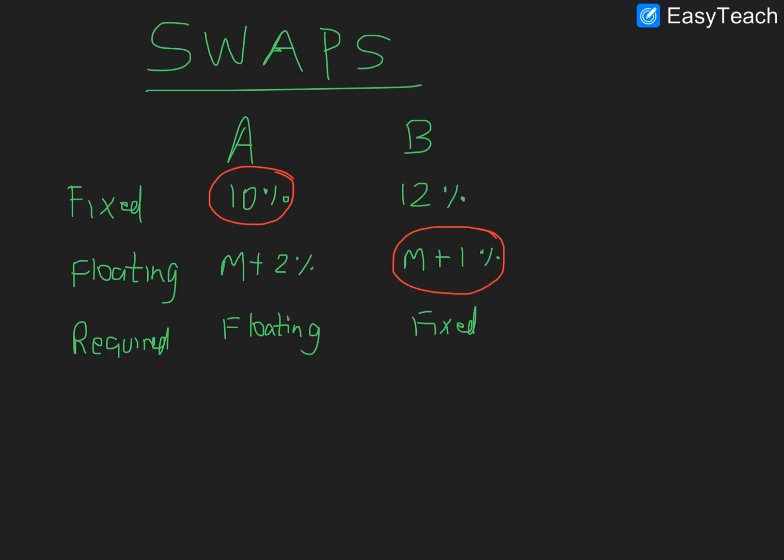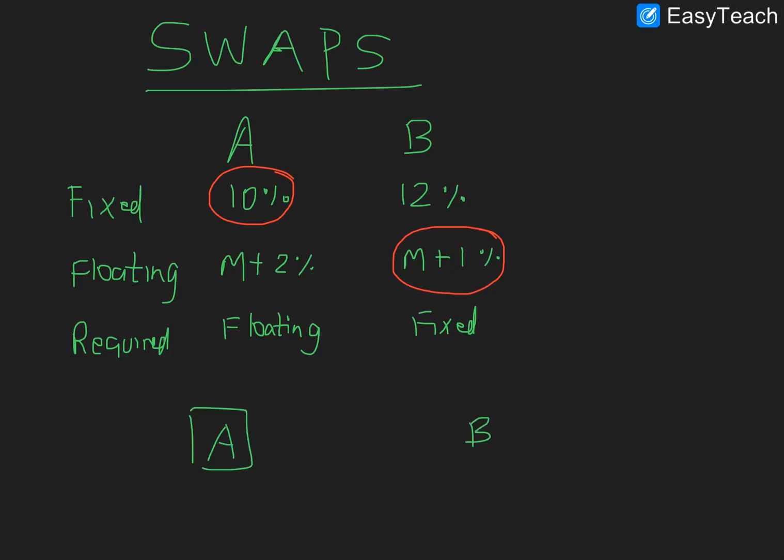Then something clicks for them, and that click is simply A says, hey, listen, you need a fixed rate, so definitely if you borrow you are supposed to pay 12%, but if I borrow I'll pay 10%, and similarly if you borrow under floating you will pay MIBOR plus 1%, whereas my requirement is floating rate. So let's do one thing, you undertake my obligation, I undertake your obligation. So basically